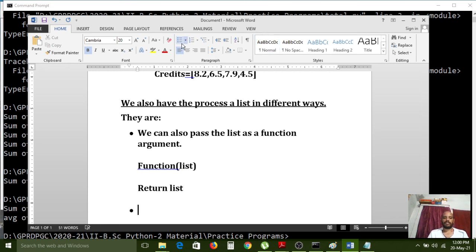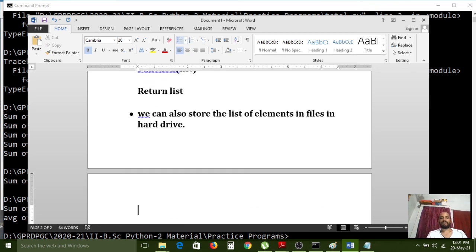We can also store the list of elements in files. You can also store the list in the hard drive, nothing but the hard disk or computer storage location.